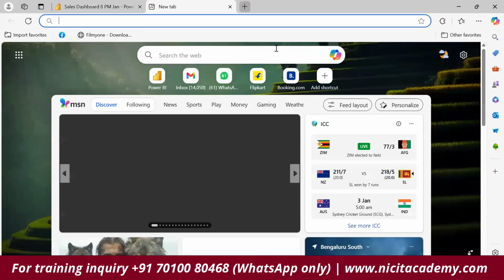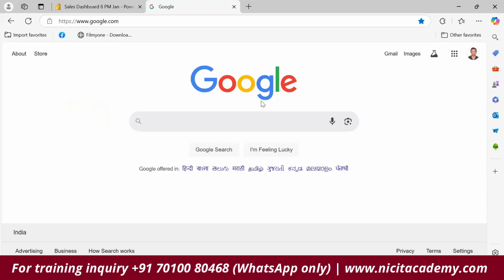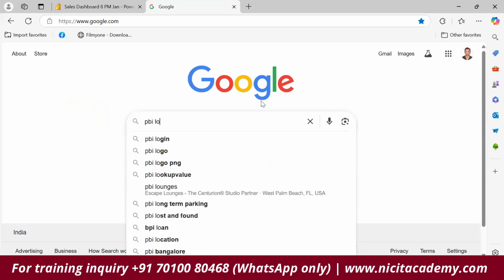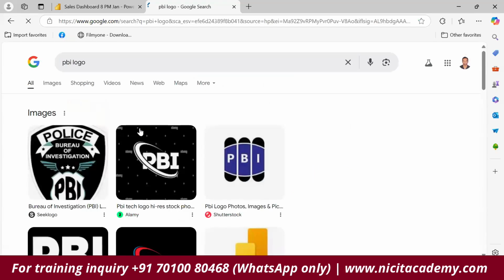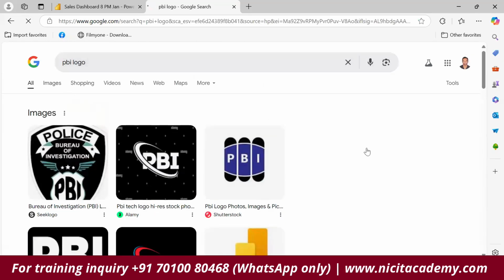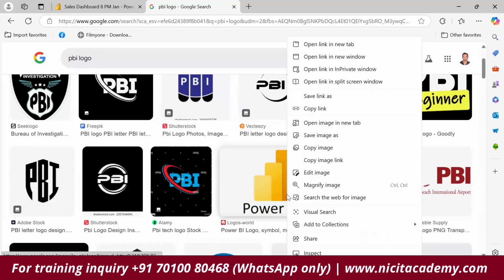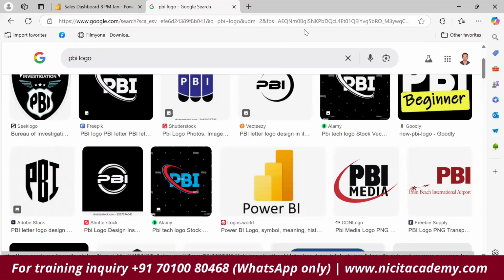So let's go to some image, Power BI logo. If I click on this image, let me get a link out of this. Copy image link. If I go here and paste that link here,